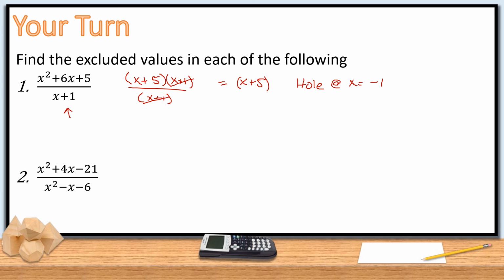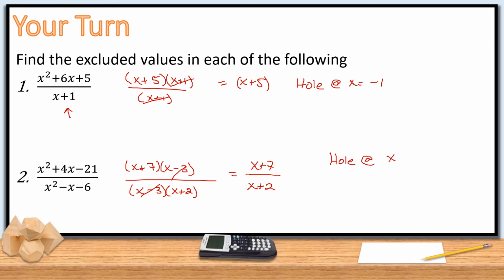For the second one, they're both quadratic, so we're going to have to factor both of them. Top one, -21 factors would be 7 and -3. So x plus 7, x minus 3 over factors of -6, that would be -3 and +2. Okay, so the -3's cancel. So we've got x plus 7 over x plus 2 would be the simplified version, but there is a hole